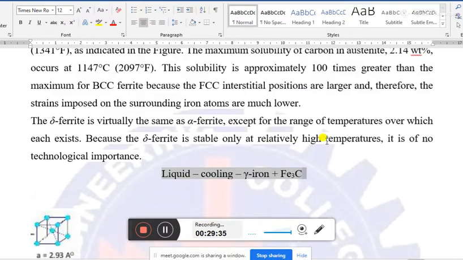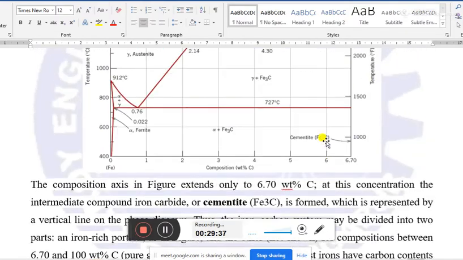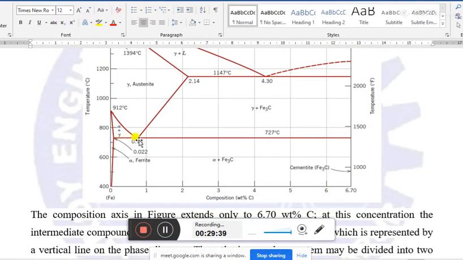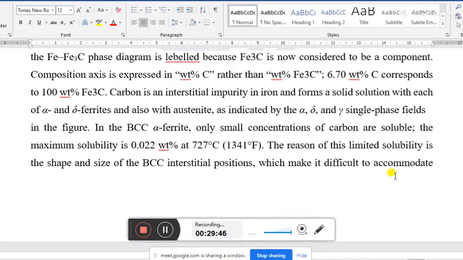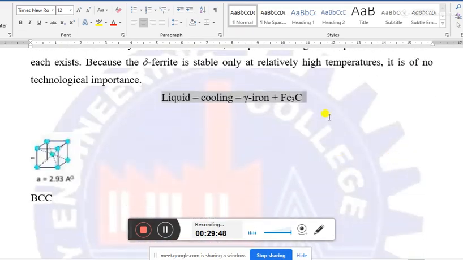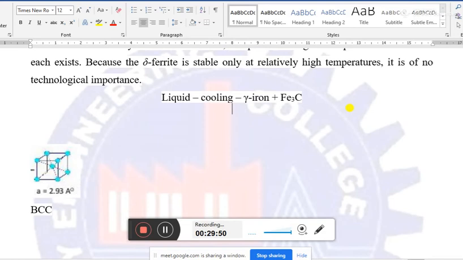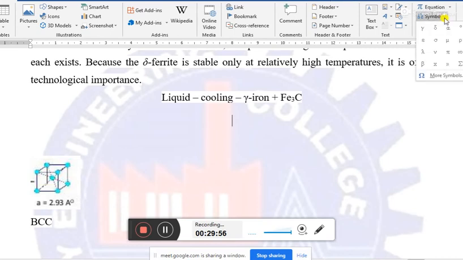And about the initial part, that is up to this and this part, you may write down one equation, that is gamma iron